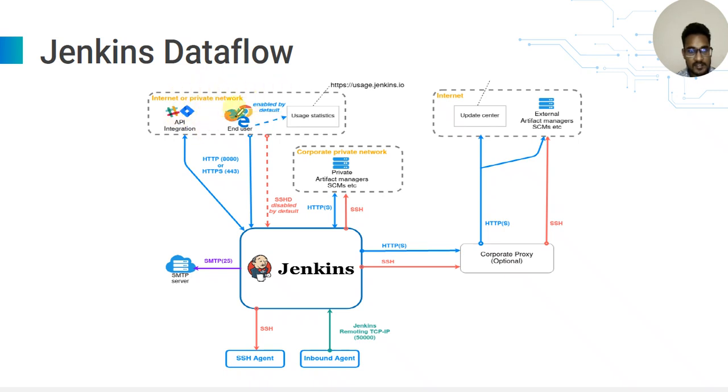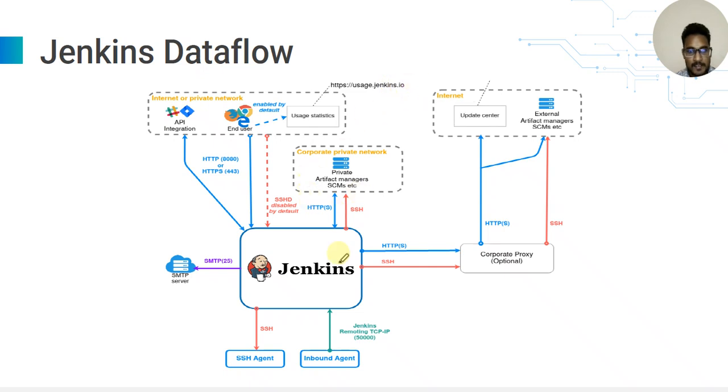API integration, end user, Chrome, Firefox, and Explorer. So enabled by default, usage statistics. This is an end user in Firefox or Internet Explorer connected to Jenkins, and Jenkins connected to API integration. And this browser is connected to usage statistics over HTTPS